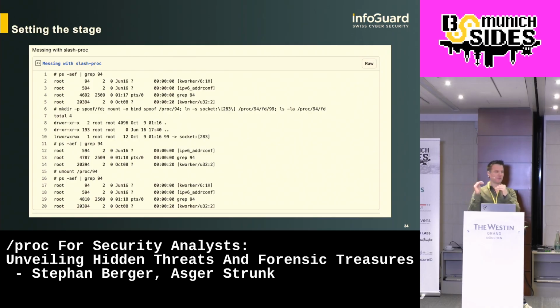That technique really works well. I tested it, I blogged about it, and it's super, super interesting to see how with basic technology, with basic commands, you can really hide on a Linux system. However,